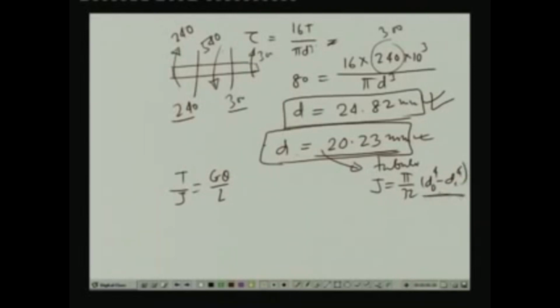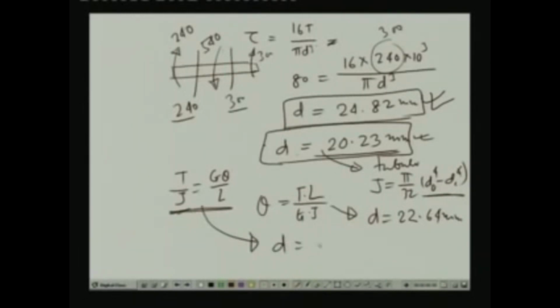This we will have to apply to compute the value of d, and likewise we compute the rotation, theta is equal to TL by GJ. From this, if we compute the value of d for the solid case, we get d as equal to 22.64 millimeter, and again for J of the hollow one, keeping theta limited to 4 degree, we get d as